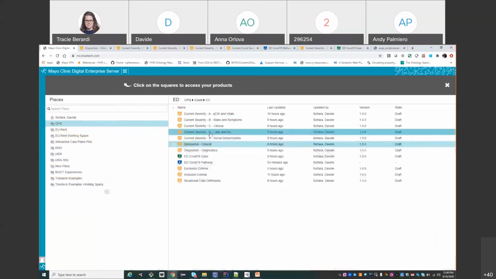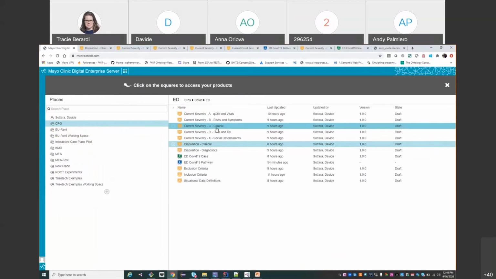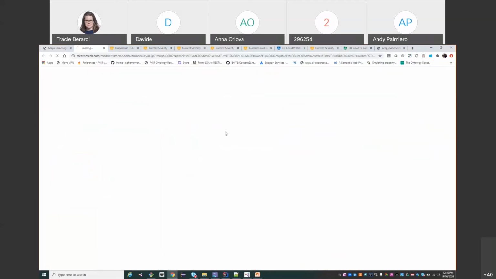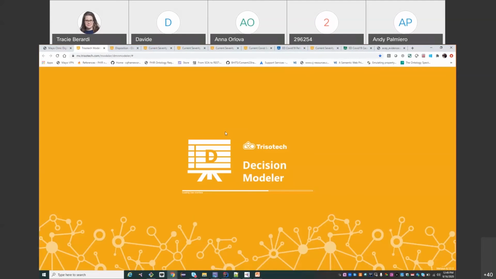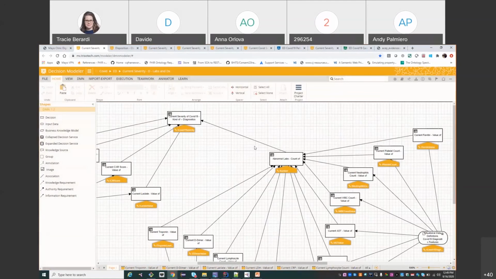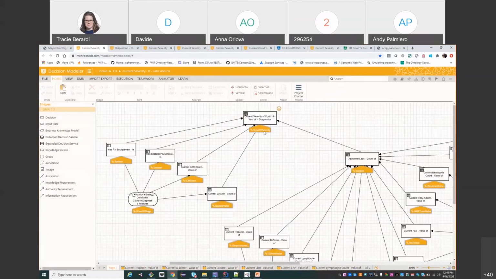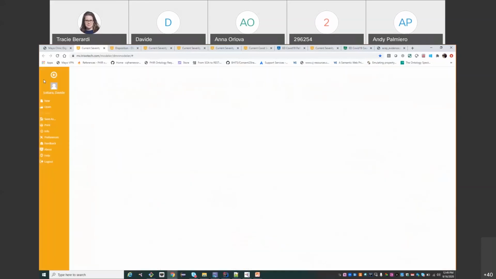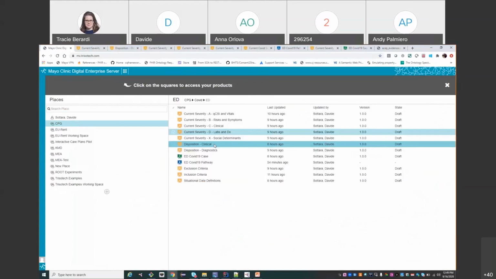So this pattern has been applied in the initial stage, the clinical, and then very much in a similar fashion in the second stage, which is the diagnostic. So more of the same, we got a classification of the patient based on some additional imaging and labs, and then, well, labs and some more imaging tests, which results in a reconciliation of the patient severity and the final